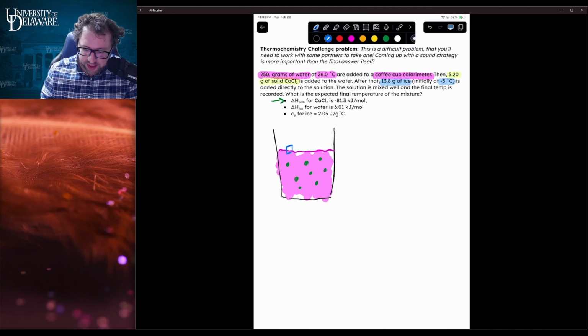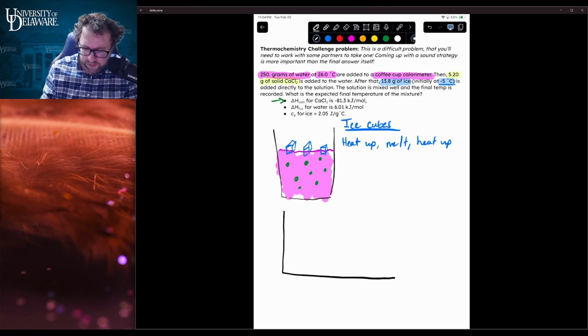And then we have our ice cubes, right? All right, terrible ice cubes. There we go. Beautiful. So what's going to happen? We can look at each of these. So our ice cubes start at minus 5 degrees Celsius, right? So our ice cubes, we want to think about what's going to happen to them. They're going to heat up. They're going to melt. And then they're going to heat up again, right? So if we think about those,